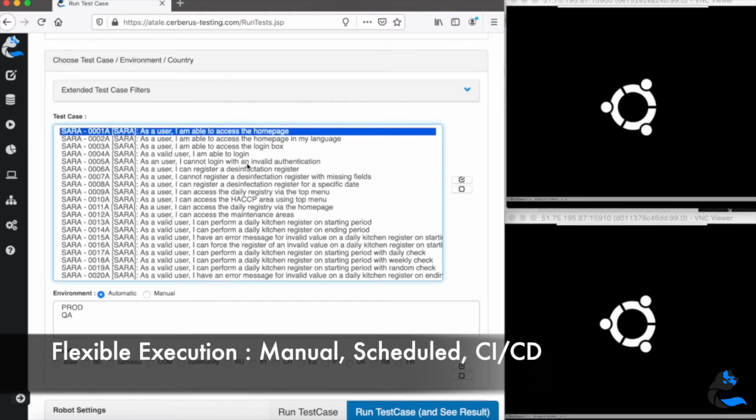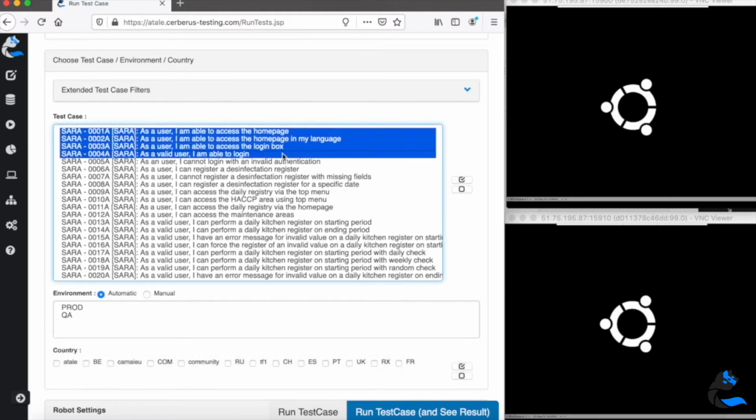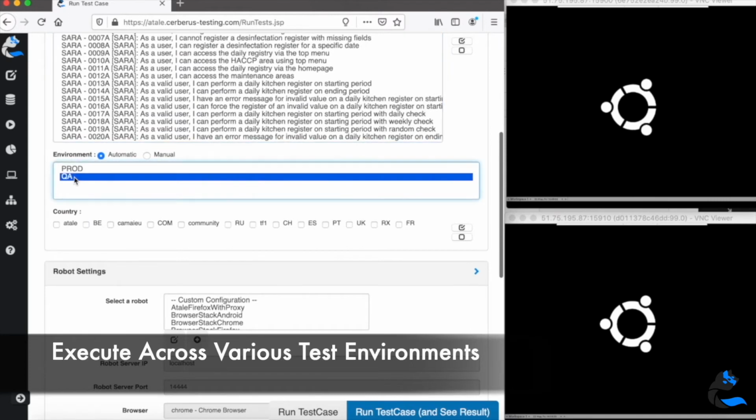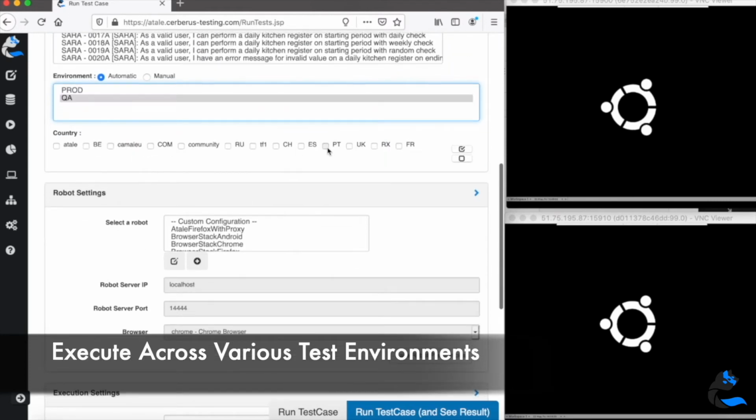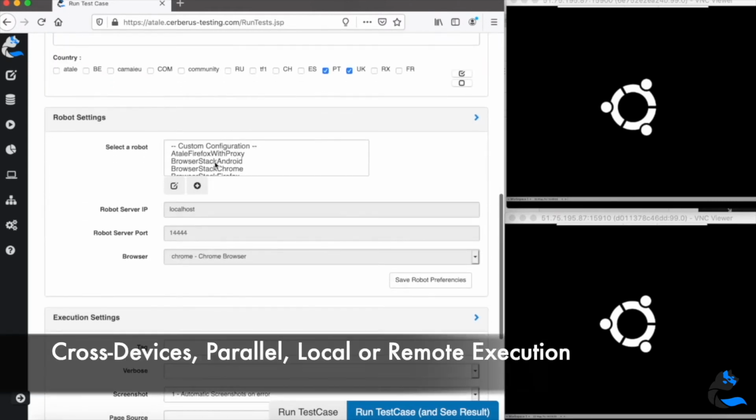And then what we'll see a bit below is that you are able to select different robots. If we take the case of web testing, this is where you are able to run cross-browser testing. So if you select Chrome, Firefox, Internet Explorer, Safari, etc., all the tests you have selected in your particular environment will be scaled in parallel in the context you have decided to use. And you have flexibility of implementation for your parallel or even singular test execution.